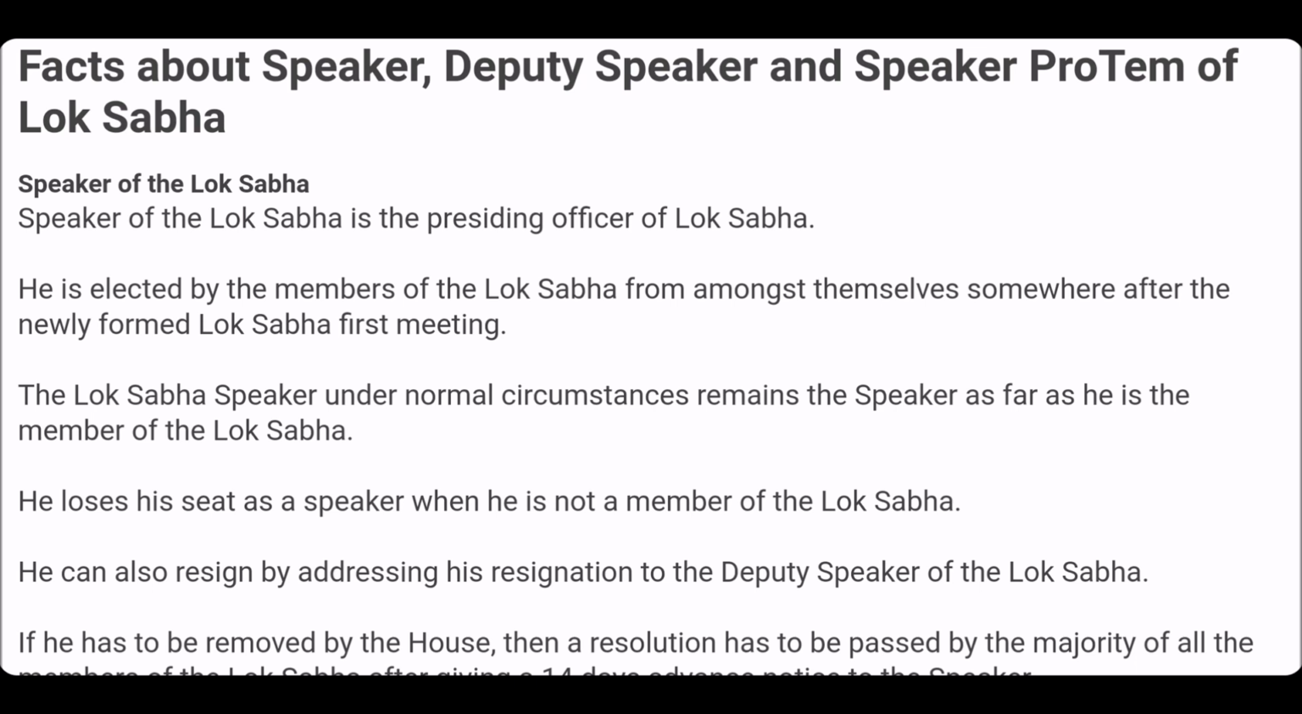So first of all, we will start with Speaker of Lok Sabha. Speaker of Lok Sabha, we all know, is the presiding officer of Lok Sabha. He is elected by the members of Lok Sabha from amongst themselves, somewhere after the new Lok Sabha first meeting occurs. Lok Sabha Speaker under normal circumstances remains the Speaker as far as he is the member of the Lok Sabha,